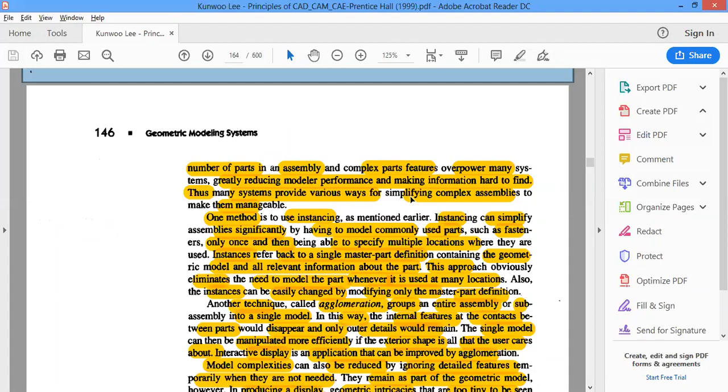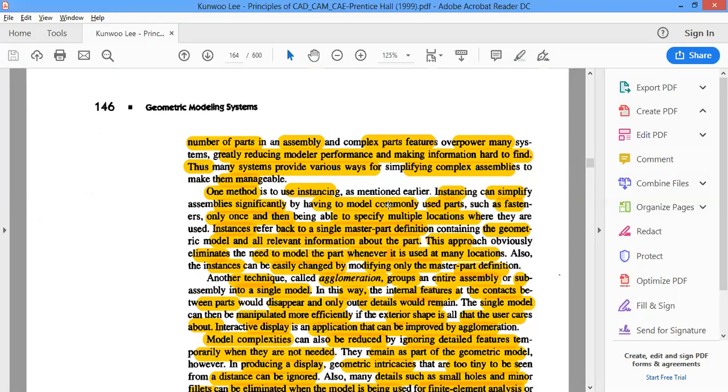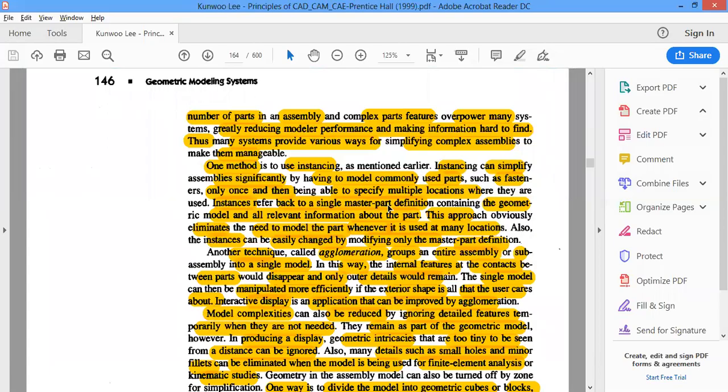But how are they performing the analysis or other further processes on the software with the entire model? Then how are they going to do it, or what is the way? That is the need for the simplification of assembly. So we have to simplify these complexities for us to do the analysis or whatever further processing, and get better results as much as possible.